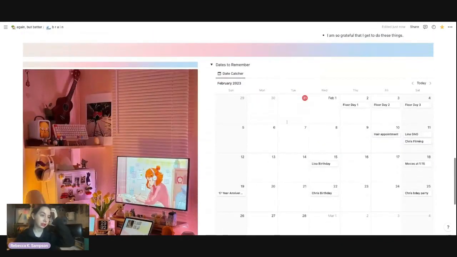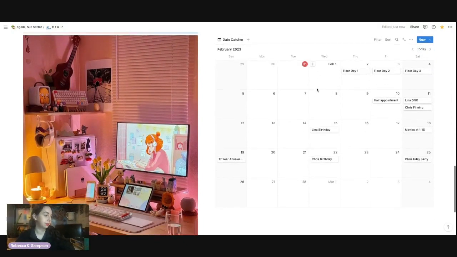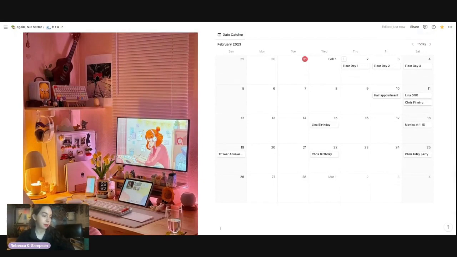So then this last section, again, is just writing down dates. I almost never use that unless I need to schedule something, like I need to schedule a nail appointment. So I need to know what is going on at what time. And it's just a pretty picture that makes me feel vibey.